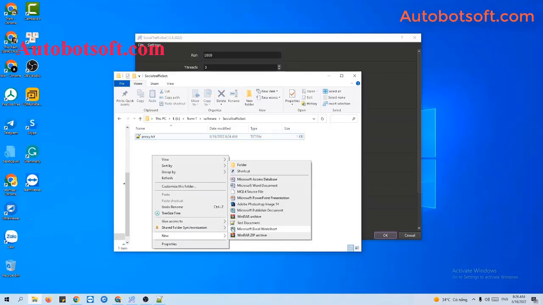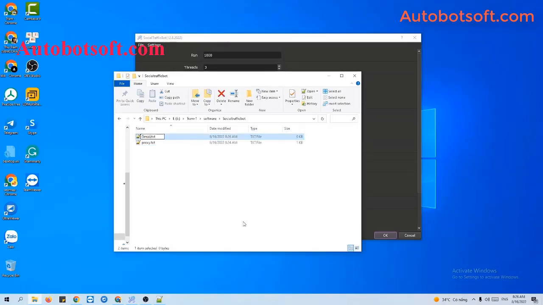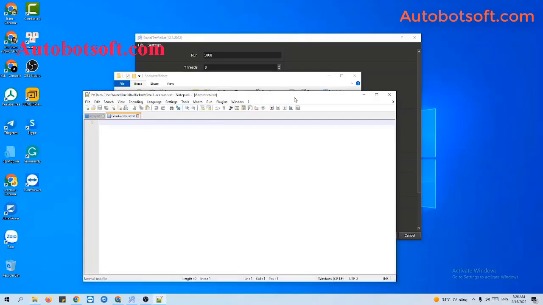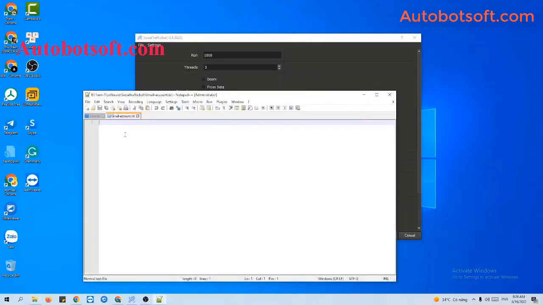You will create a text file to save Gmail accounts. You need to import the Gmail account's parameters in a specific format and separate these parameters by comma. The first is Gmail address, comma, password, then comma, recovery mail,